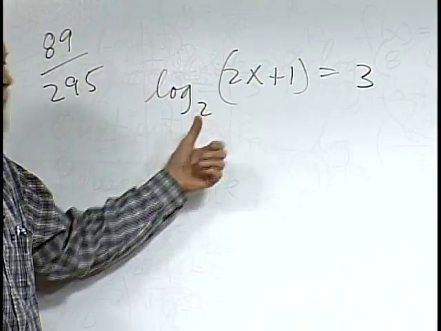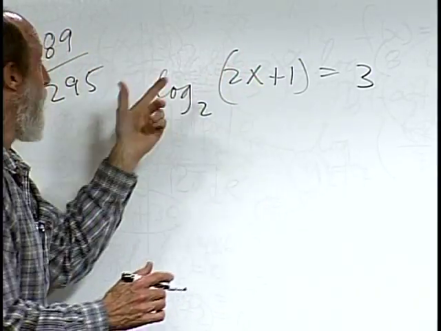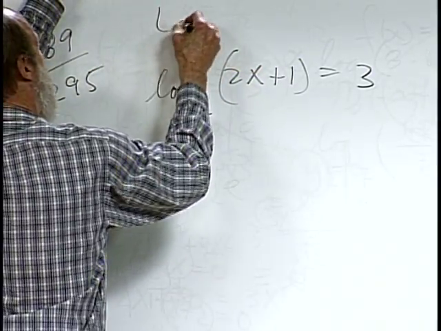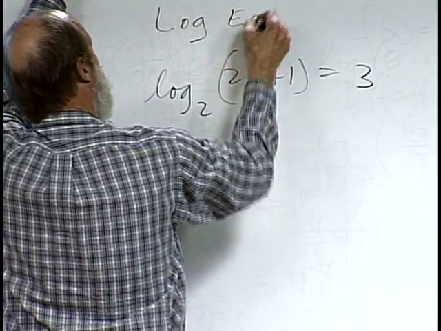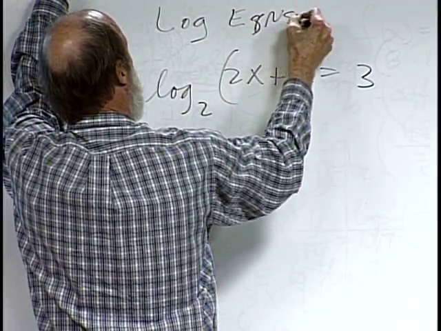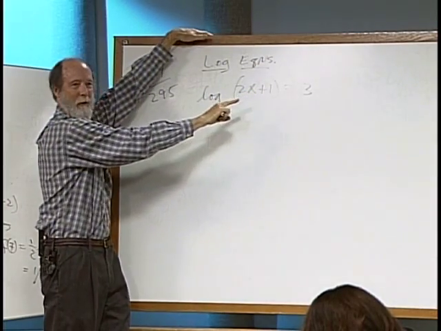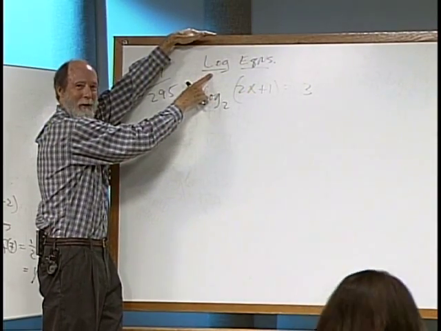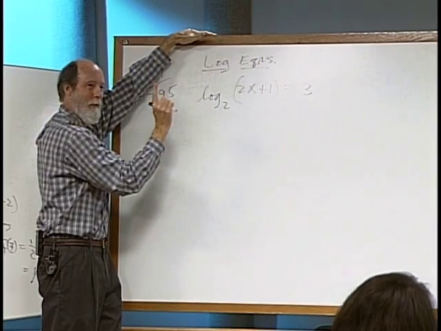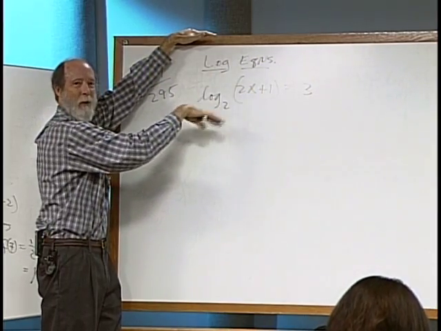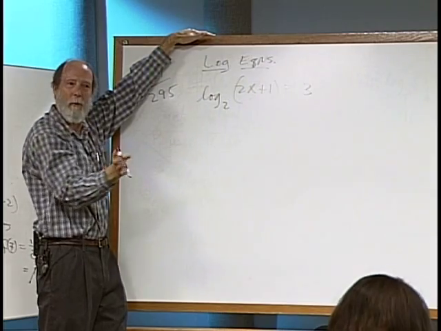Base is 2, isn't it? So the way you solve logarithmic equations, try to remember what I'm going to tell you right now. If you ever see an equation involving logarithms, that's what it's called, a logarithmic equation. Pretty obvious. What you do is you isolate the logarithm on one side, similar to what you did with radical